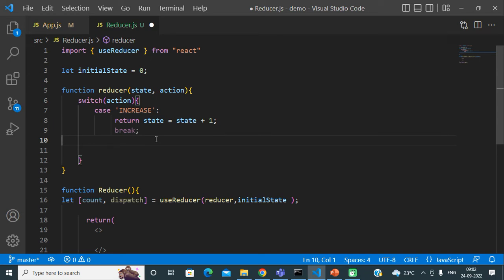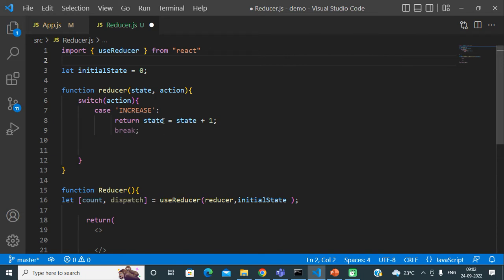Initially, when our application runs and the user clicks on any button for the first time, when this reducer function gets executed, state will be equal to the initial state, that means 0.